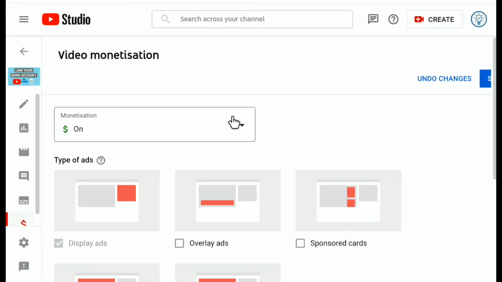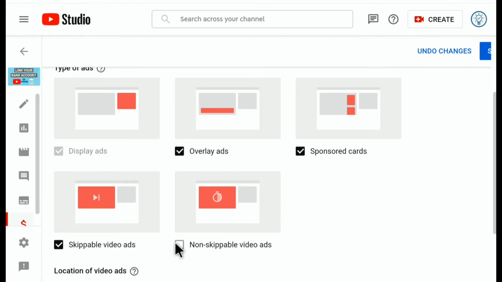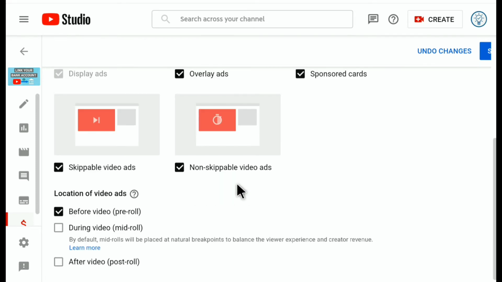Now monetization of this video has been turned on, and here you can see now you can put these ads in this video. So here I'm gonna put all these ads. So I'm gonna select all these ads. After putting these ads, scroll down, and here you can see during video mid-roll ads,